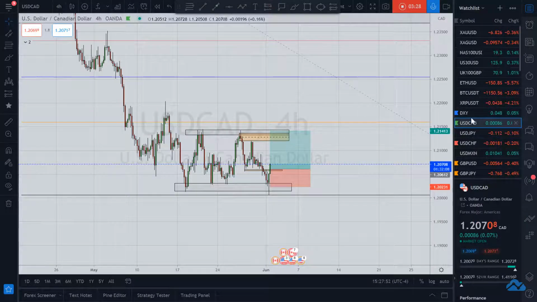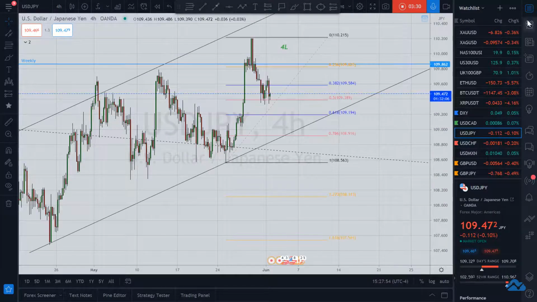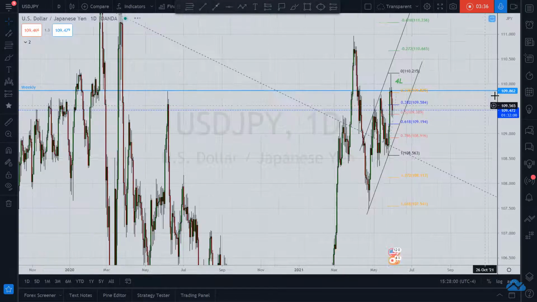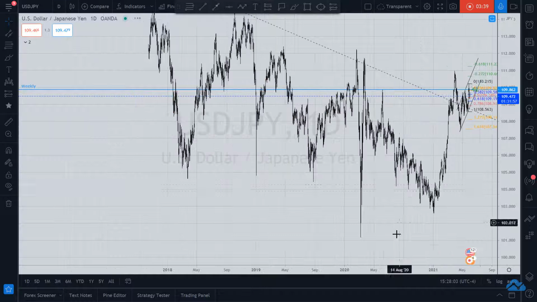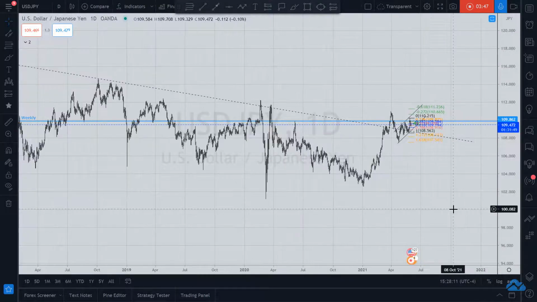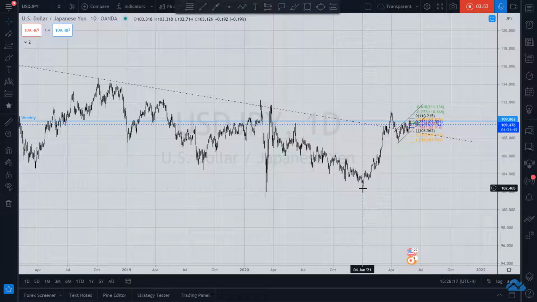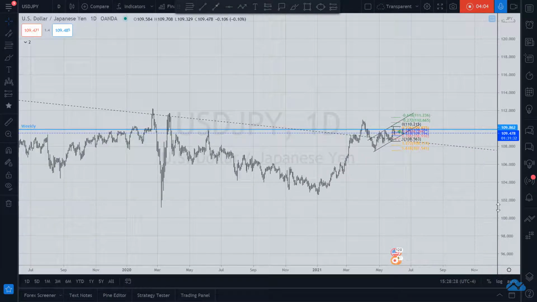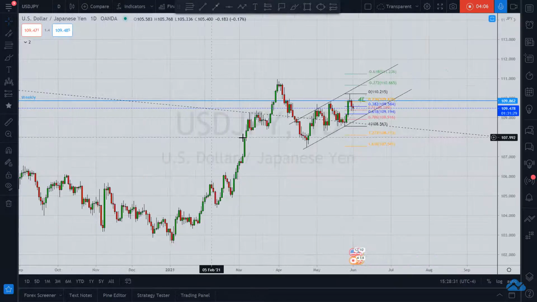And there is more. Wait, there's more. Let's go to USD yen. All right, similar situation. Let's go to the daily. What am I looking for? Well, this one's a little different because you see it's been in a downtrend, right? So we should be looking for shorts, right? Wrong. We've been in an uptrend since the 4th of January of this year. I'm looking for more movement to the upside. I am long in this pair, USD against the yen.